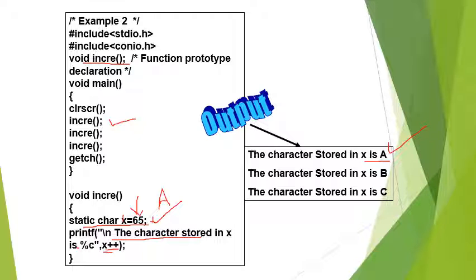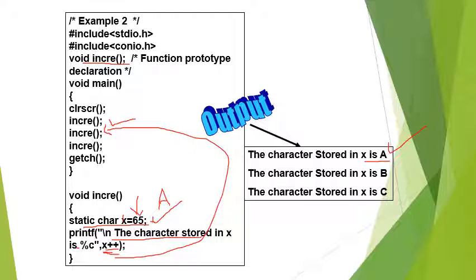Now it will return to the main function. Then it will call the next increment of. In our case the value will already be incremented, so it will not change to x equal to 65. The value of x will be 66.